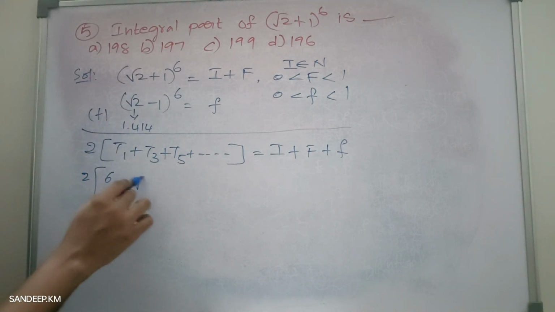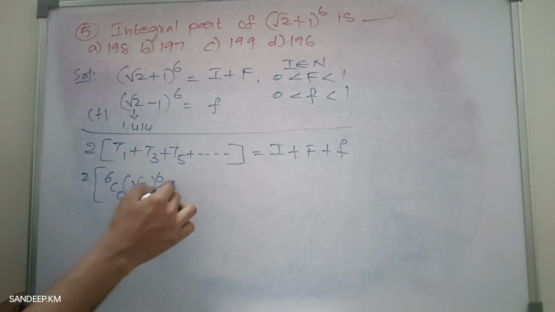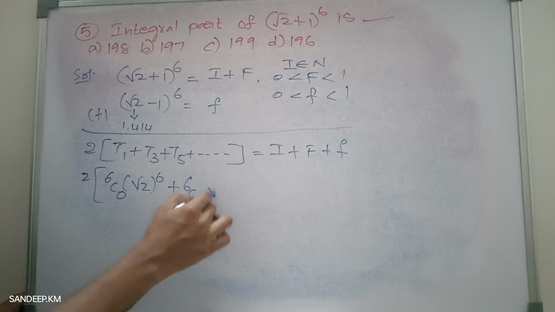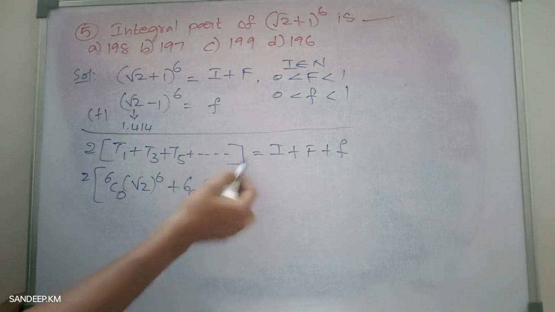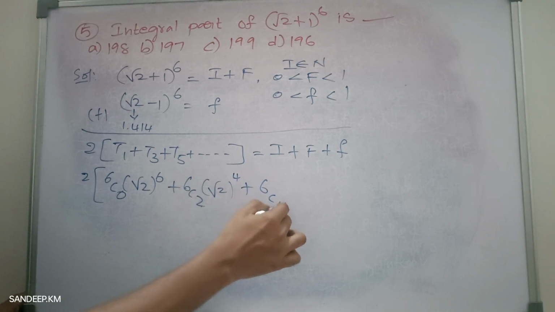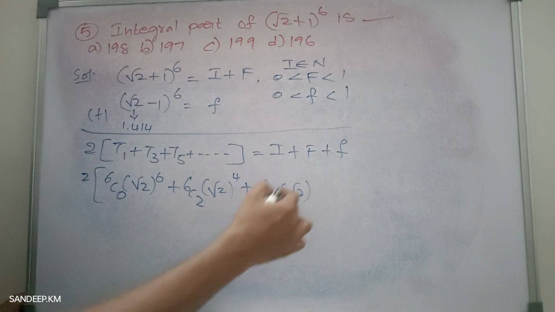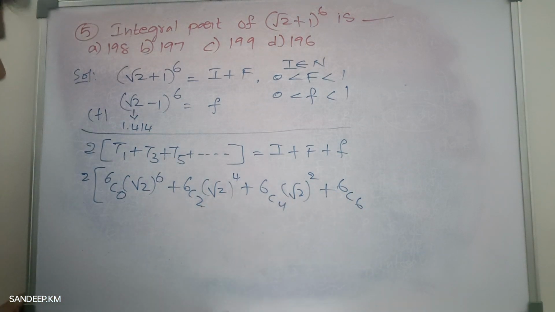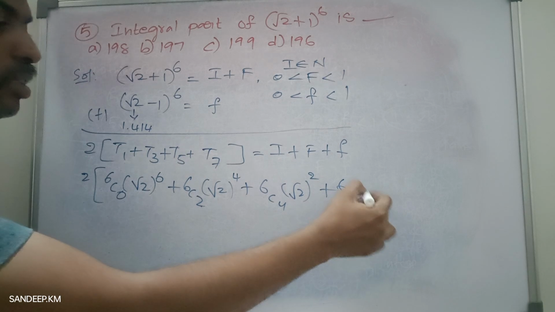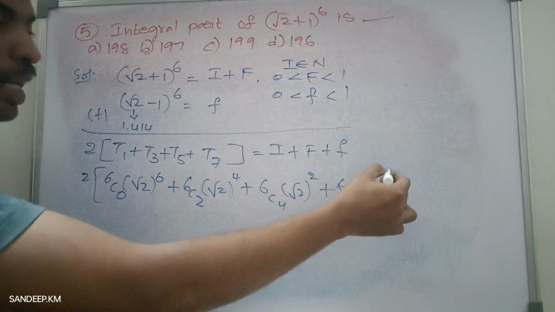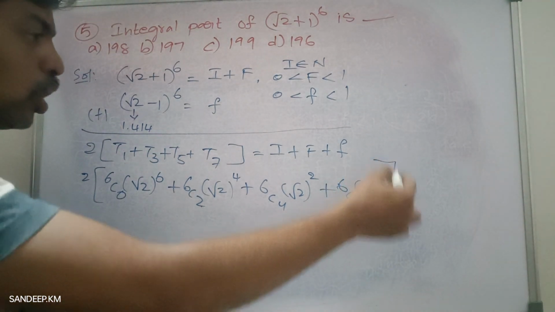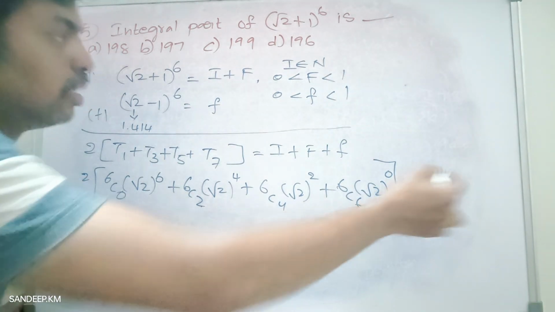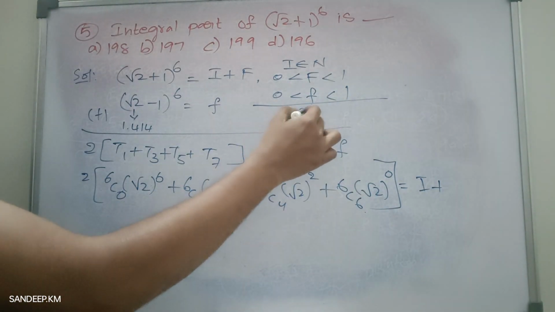6c0 into root 2 power 6 minus 0, and 1 power is not needed, no? Plus, the third term is 6c2 root 2 power 6 minus 2, 1 power not needed. The fifth term is 6c4 into root 2 power 6 minus 4, which is 2, 1 power is not needed. And finally 6c6. Here we have a limited number of terms. 6c6 root 2 power 6 minus 6, which is 0, 1 power is not needed. Close the bracket. It is equal to I plus, and we have already discussed that capital F plus small f